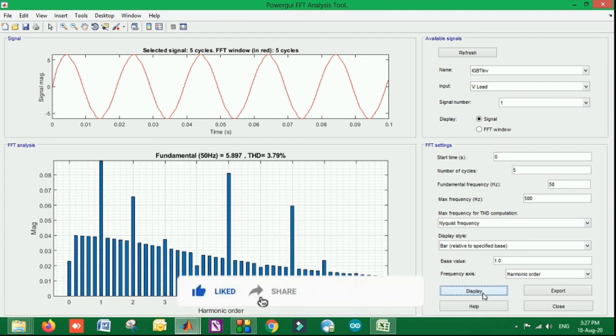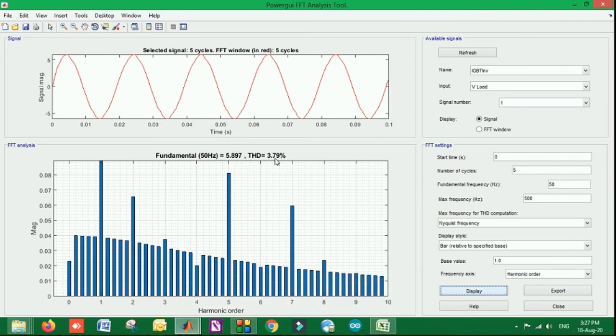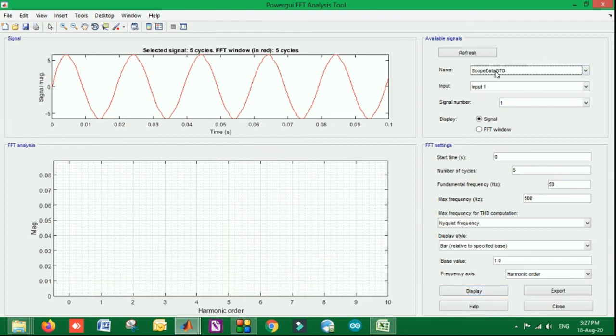When I click on the display button, it will show me the magnitude with respect to harmonic orders. It is telling me that the THD that we have received is 3.79%. This is how we can do the analysis for different scopes and different inputs.